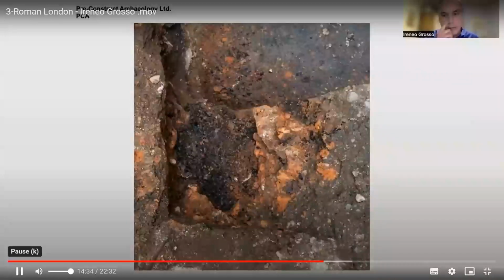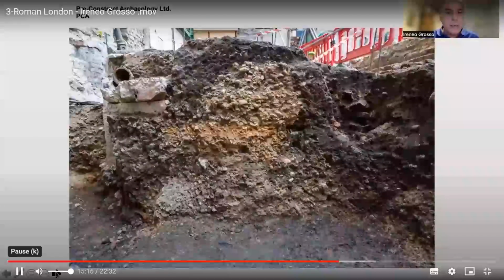As I've mentioned before, the road was sealed by a sequence of late Roman deposits, which were in turn truncated by a number of features. One of these is located on the western side of the main east-west road, and you can see here some of the debris filling this large cut. There is a quantity of burnt daub and burnt material. Eventually we excavate more of the same feature, and as we can see in the next slide,